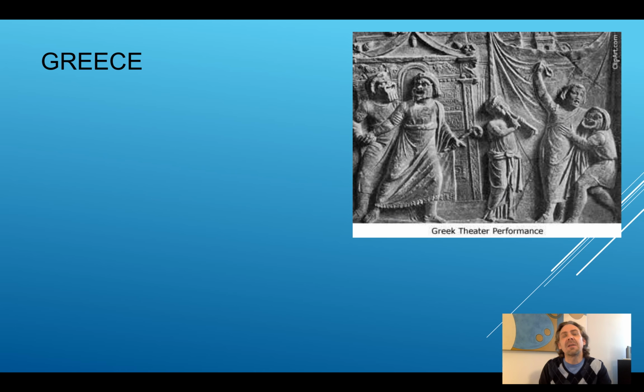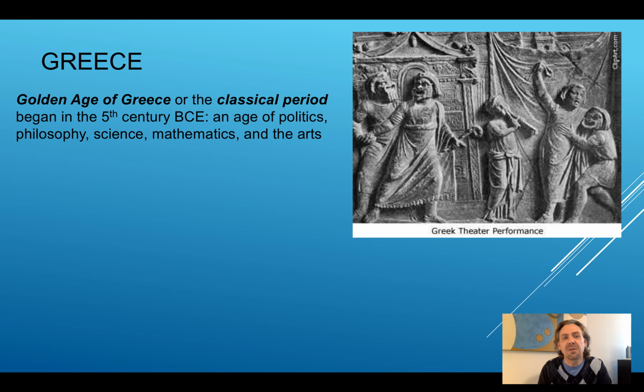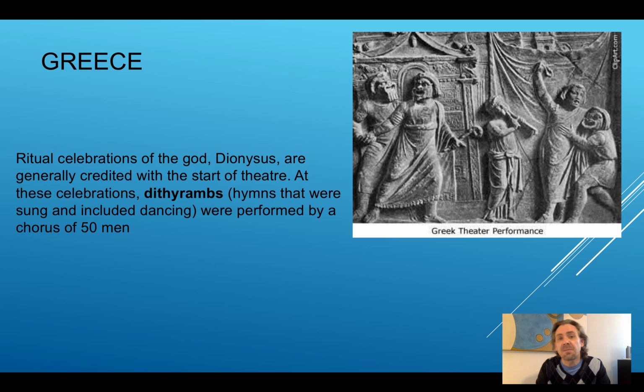So let's begin by taking a look at some of the origins in Greece. What is important for us to understand is that the golden age of Greece is referred to as the classical period, and it began approximately in the 5th century BCE, before the Common Era. This was an age of politics, philosophy, science, mathematics, and the arts. During this time,